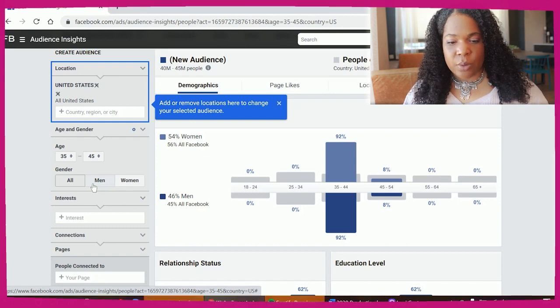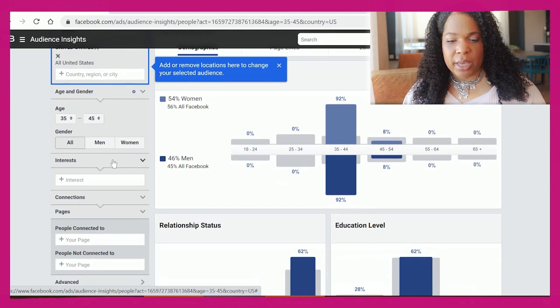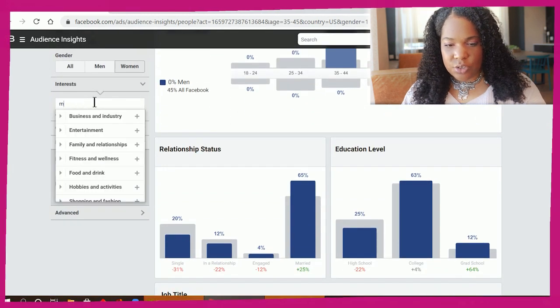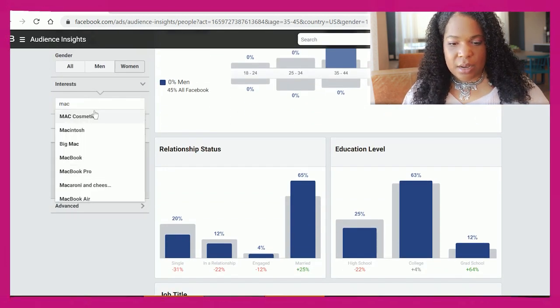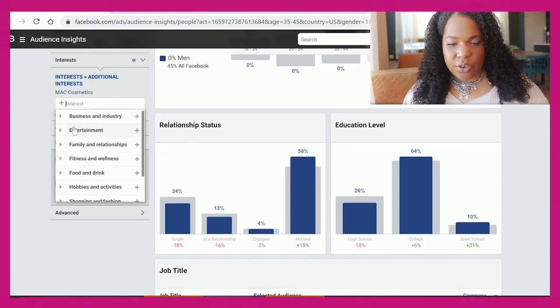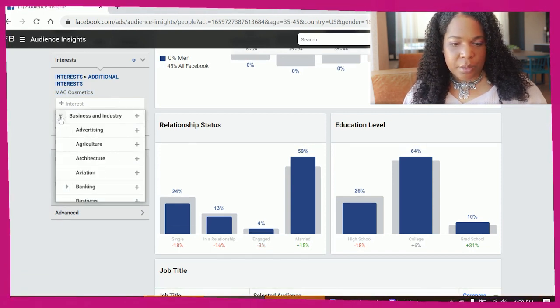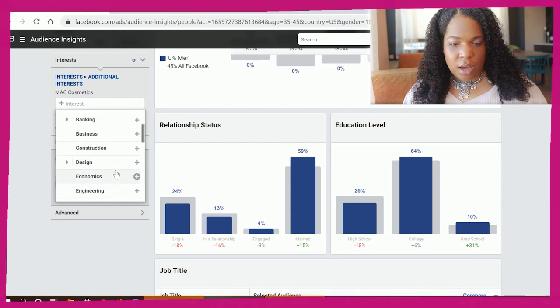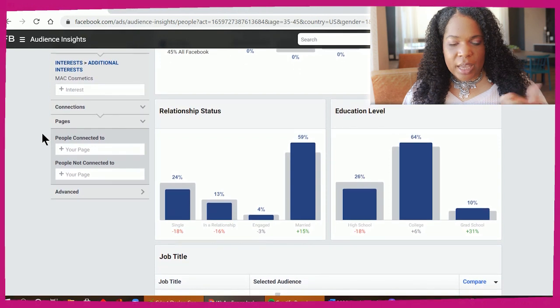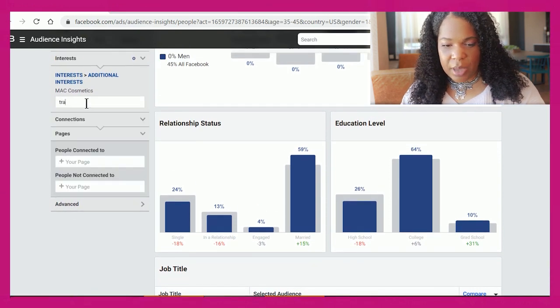Remember, we're thinking in generations. After you get to know your audience, you may expand that. So we're gonna look at females or women that are interested in, I think we said MAC Cosmetics. And notice there's a lot of other things like beauty industry and all these other things, but we want to be very specific here. And again, we may say that they shop at Trader Joe's.